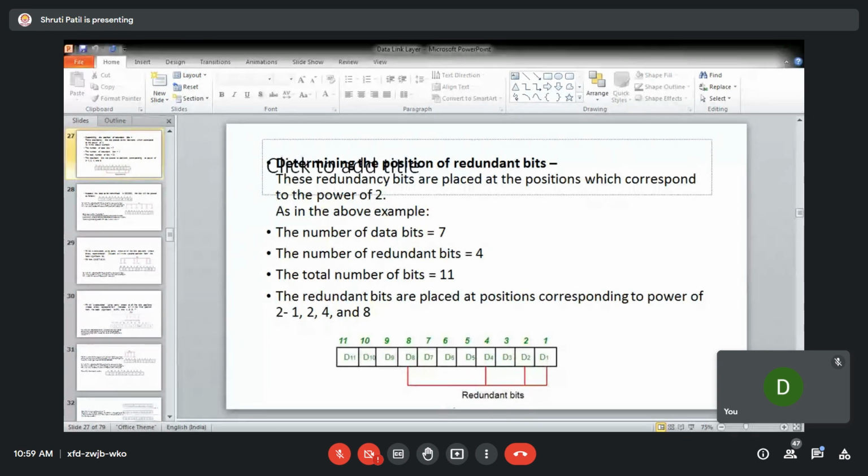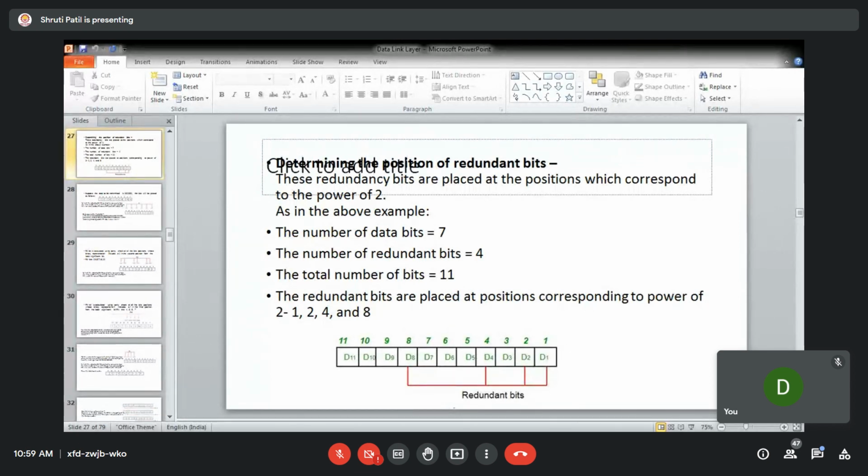Next is R8. How is R8 calculated? In the fourth position wherever there is 1. So 8, 9, 10 and 11. These all have 1 in the fourth position from LSB. So these are the 4 positions. So here you will check this. This is 1, this is 0, this is 1. So these two bits are 1. So what will be the calculation of R8? For R8, it is 0, because you will be checking the even parity. So this bit will be 0.